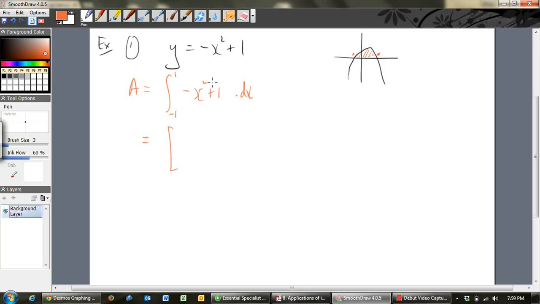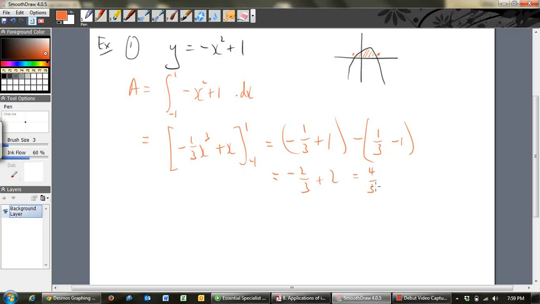And that's equal to, we can integrate that straight away, we know how to integrate that. There it goes up to a 3, so it's -1/3 x cubed plus x, from 1 to -1, equals, and then we just evaluate this. So put the 1 in, that'll be -1/3 plus 1, minus, put the -1 in, you'll get -1 there, it'll be a +1/3 and minus 1. This equals -1/3, -1/3, so that's -2/3, and you've got +1 here, +1 there, so that's +2 or 6/3, and so the answer is 4/3